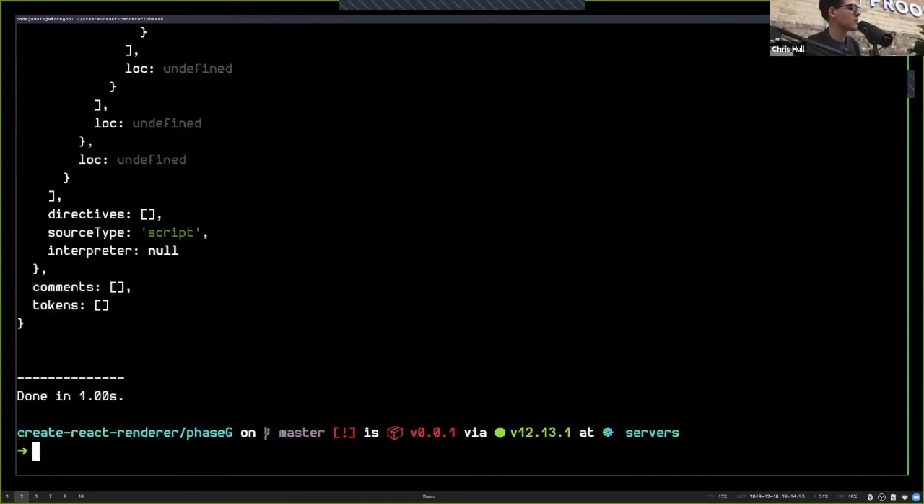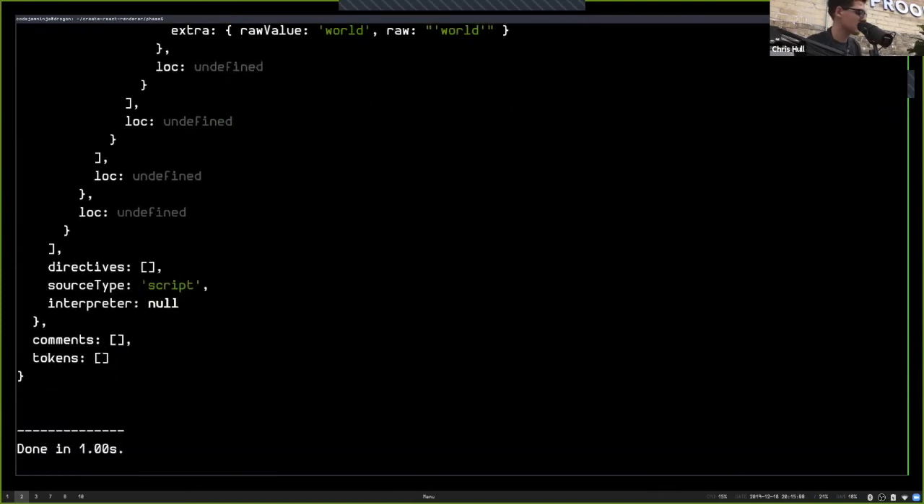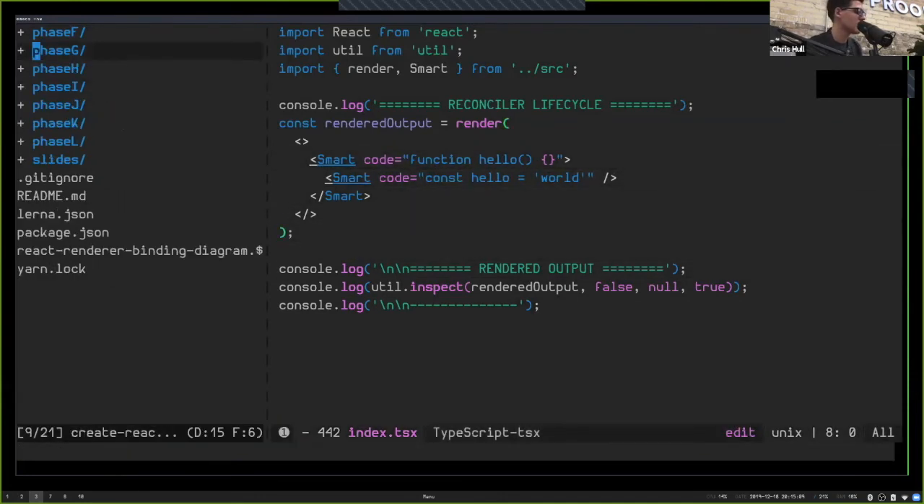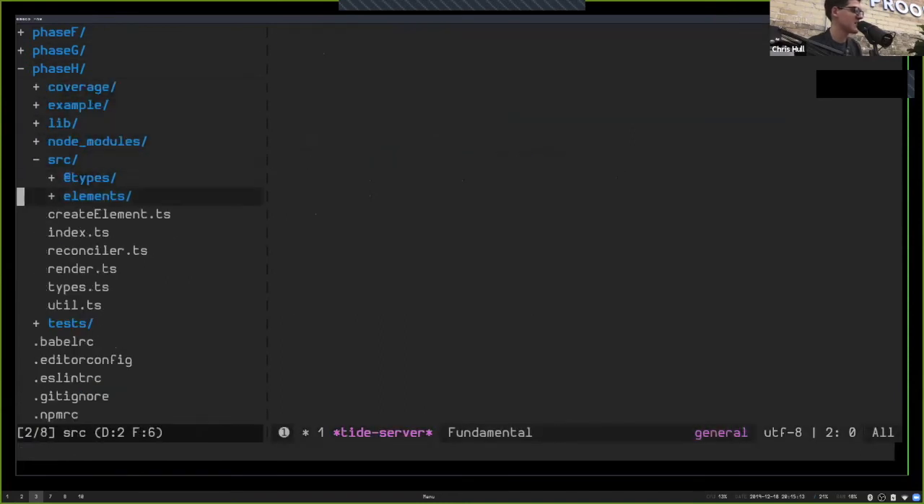And if I was to render this out into code, which we'll get into a little bit later, you would see that it actually put... yeah, I'll do that later. But you'll see that it actually put this inside of the body of this, basically. Okay, so I'm done with phase G. So phase H,